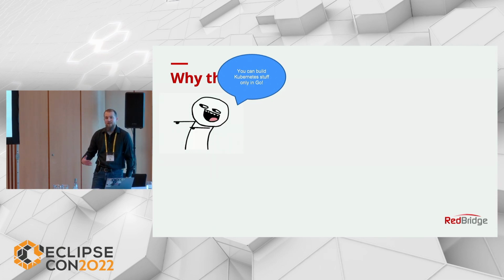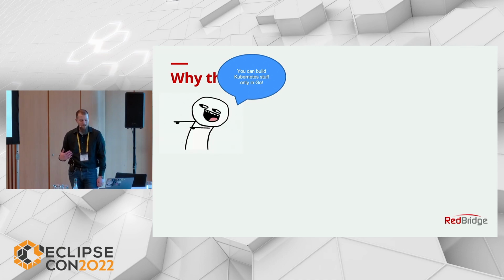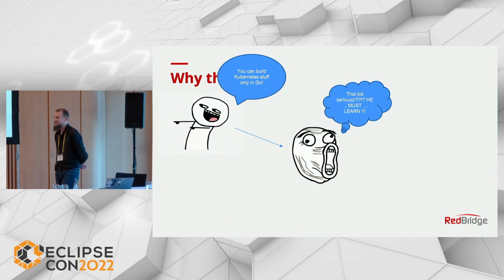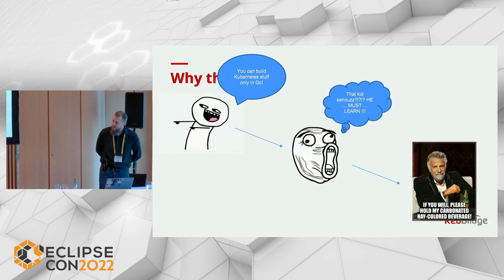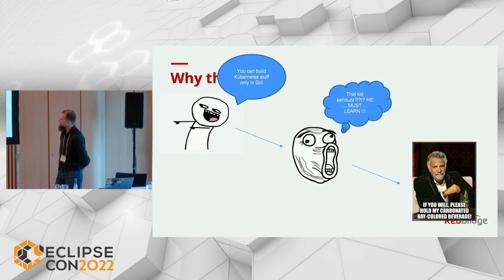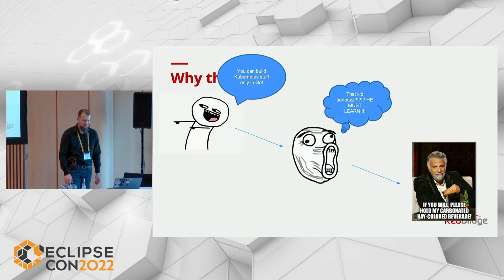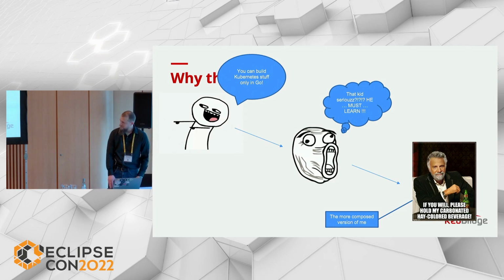But when you then have a guy like me sitting in the same meeting room, then you might see a face like this. Is he serious? I think I have to teach him something. And eventually I just tell them, well, please hold my beer. Now you see that there is a very significant difference between this face and this face. And I want to believe about myself that this composed, interesting guy was me in that meeting. Yeah, the more composed version of myself.